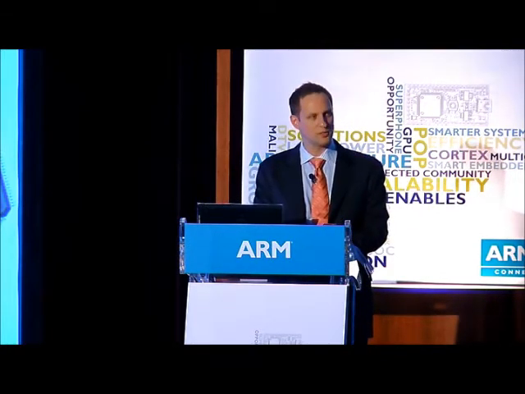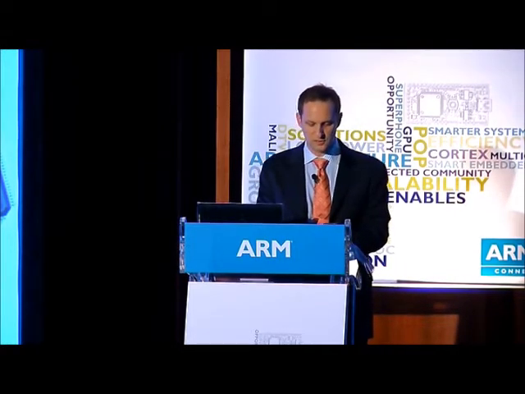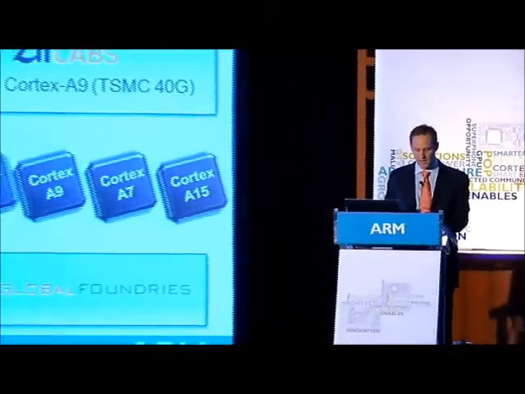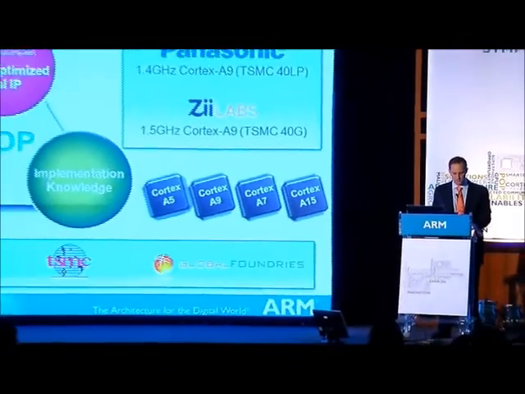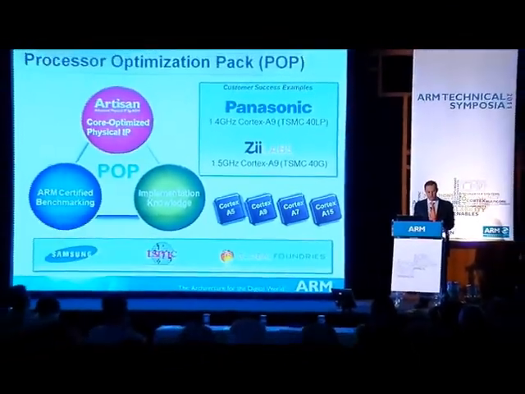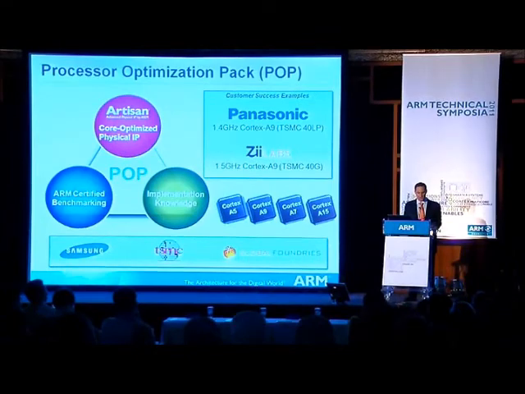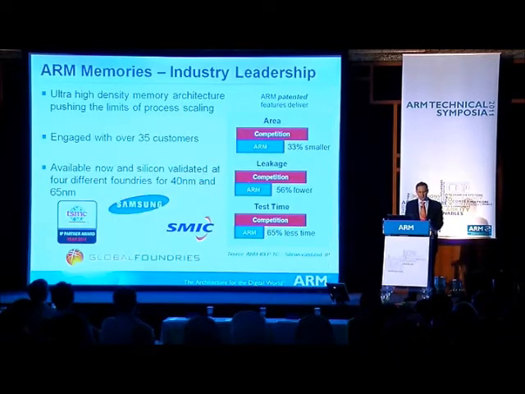Just to show you 2 quick examples, first, Panasonic recently rolled out a design using the processor optimization pack at 1.4 gigahertz on TSMC 40LP. Z-Labs showed a 1.5 gigahertz implementation on 40G with Cortex-A9. Both of these were able to get high time to market and high performance using the processor optimization pack. If you're interested in more information about this product line, there's a talk later in the track sessions that will go into more detail. It's also important to remember that ARM is not only investing in processor optimization packs, but